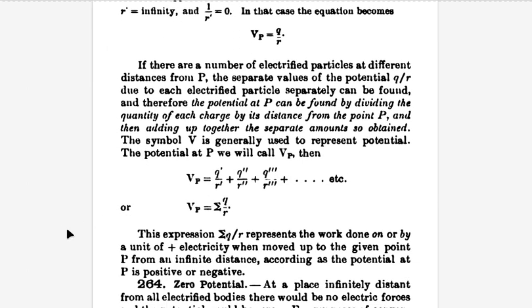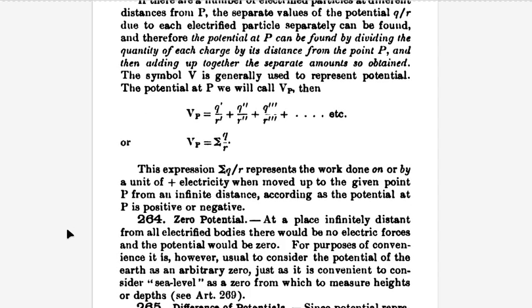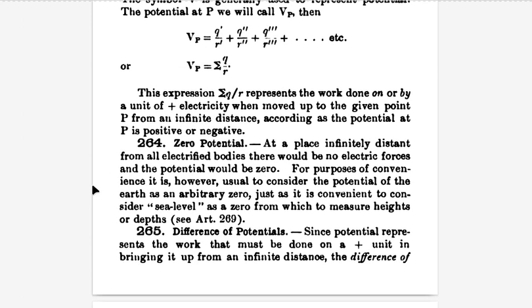If there are a number of electrified particles at different distances from P, the separate values of the potential Q over R due to each electrified particle separately can be found, and therefore the potential at P can be found by dividing the quantity of each charge by its distance from the point P and then adding up together the separate amounts so obtained. The symbol V is generally used to represent potential. The potential at P we will call V of P, then V of P equals Q prime over R prime plus Q double prime over R double prime etc., or V of P equals sigma Q over R. This expression sigma Q divided by R